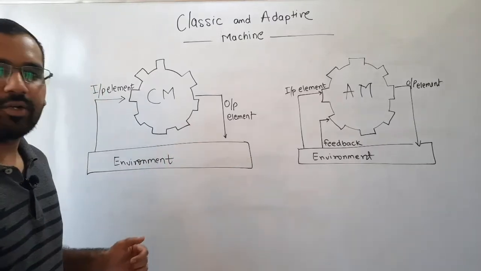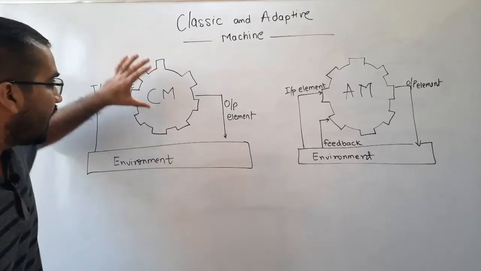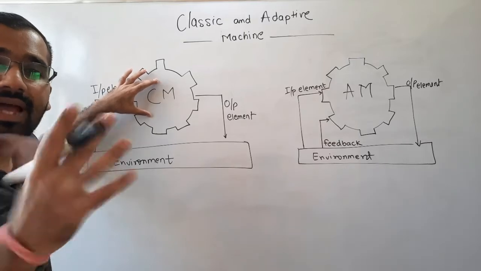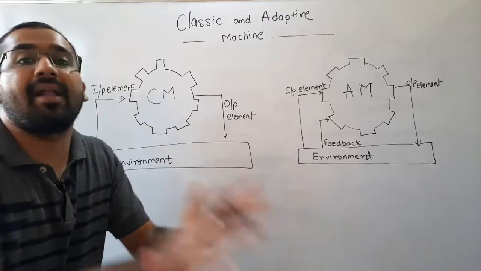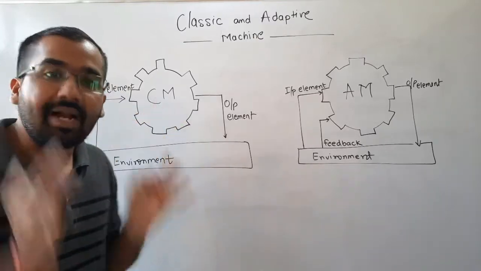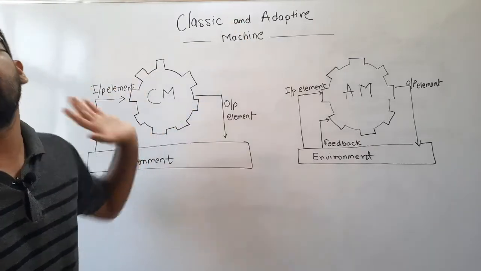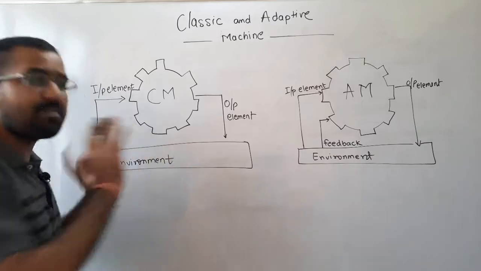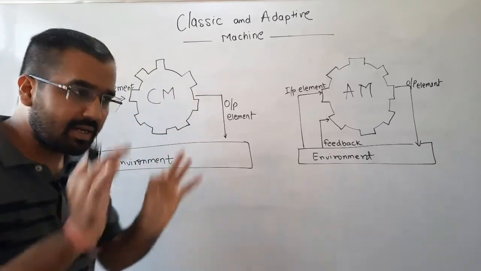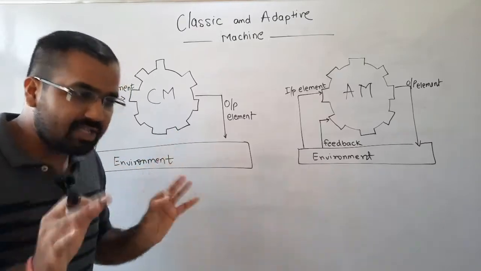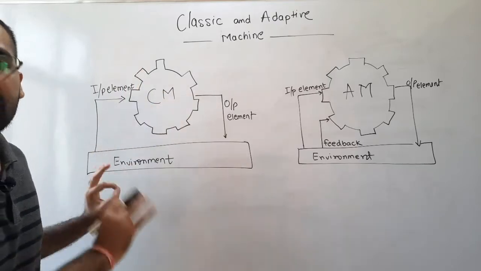One thing I would like to add here: as the state of the environment is changing, this classic machine has nothing to do with that. It will act in a predefined static manner, not dynamic, static. That is why we call it a classic machine, or a non-adaptive machine. It is not going to adapt to environmental changes. It will stick to its static behavior, performing and completing the task as per some predefined rules. That is what the classic machine is trying to achieve.